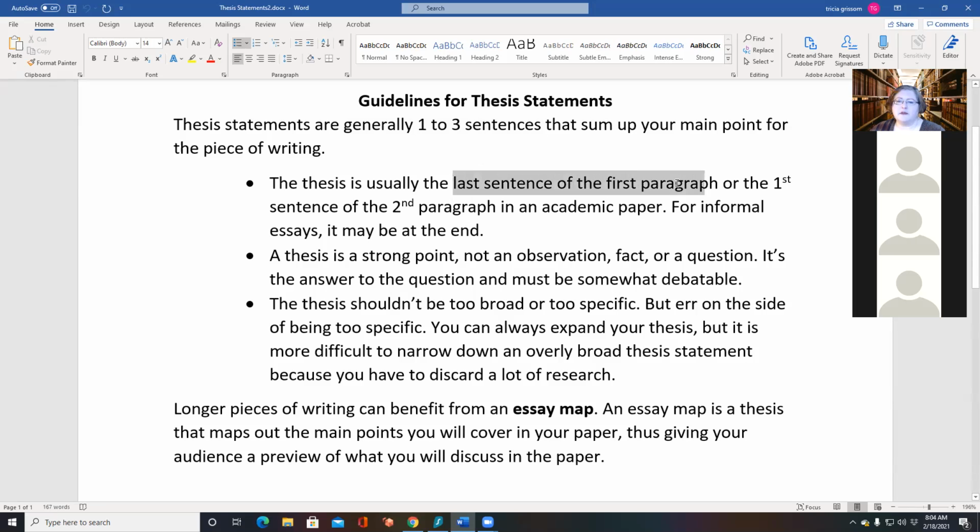It's usually the last sentence of the first paragraph or the first sentence of the second paragraph. So if you think of it as that layer between the first 2 paragraphs, okay? It is a strong point, not just an observation that doesn't leave you anything to talk about. You know, saying something like dogs are cute. I mean, I guess that could be controversial, but it's more of an observation than a point. Something like dogs make the best pets. That gives you a little bit more room to talk about it. More examples, more things that you can give details on. If you are tempted to use a question, answer the question. You usually have your thesis.